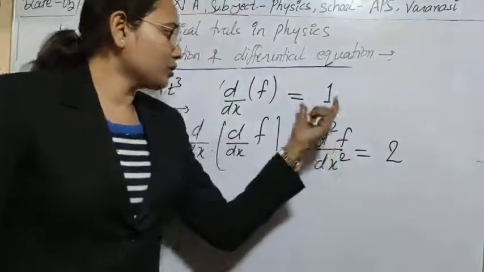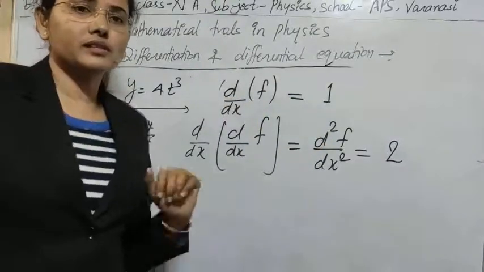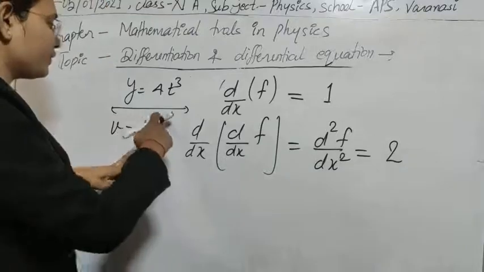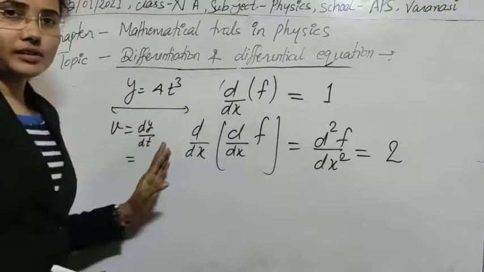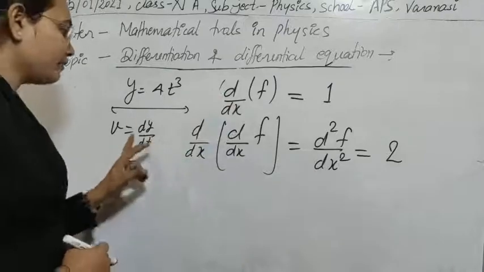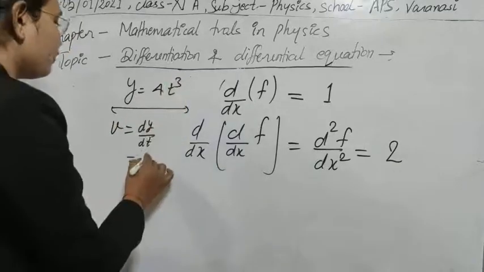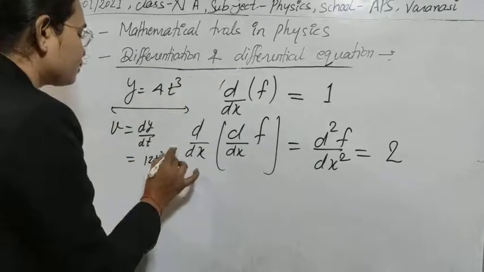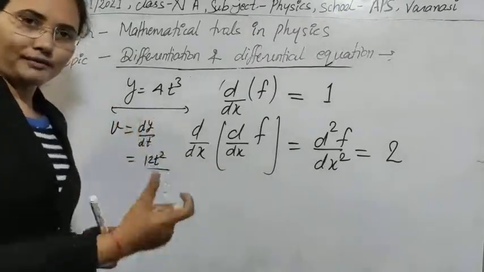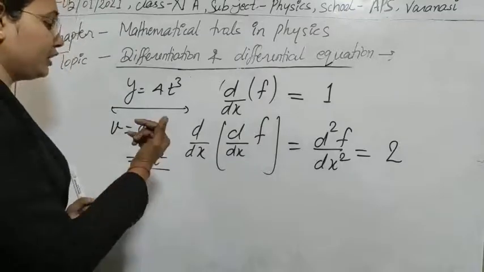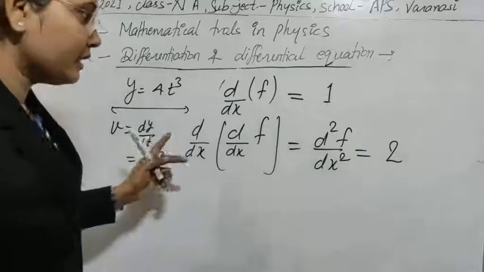So we can call the order of differentiation first order differentiation, second order differentiation, and so on. Here, for finding out the velocity of a particle in motion, we are just using first order differentiation. We differentiate it one time, and you will get 12t square. This is the velocity of the particle. If time is given, suppose after 2 seconds, put t equal to 2 and you will get the velocity directly. So differentiation helps you here.